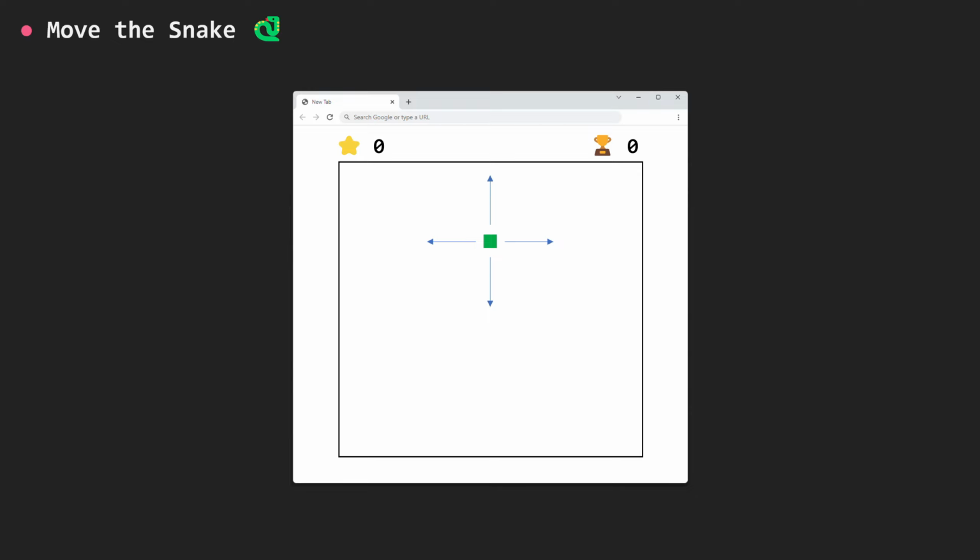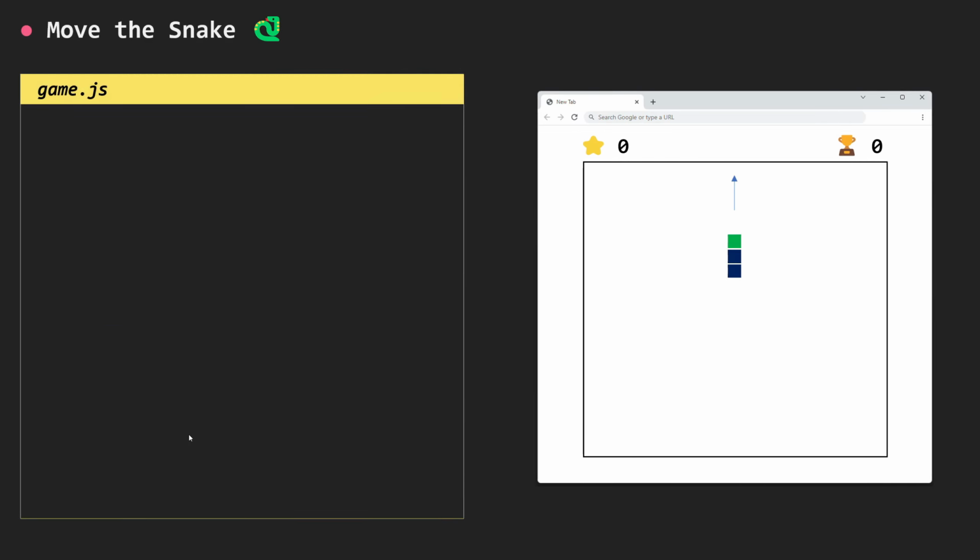And now that we have drawn the snake, it's time to move the snake. So the snake can move either to the top, bottom, right, or left. And that's going to be based on the user's clicked or pressed key. So we need to listen to the user's key press using an event listener. Well, let's go first and talk about how we can move the snake. So I'm going to use a variable called direction or currentDirection, and this is going to be changed whenever the user presses one of the arrows. So if the user presses the arrow up, I'm going to set currentDirection to ArrowUp,